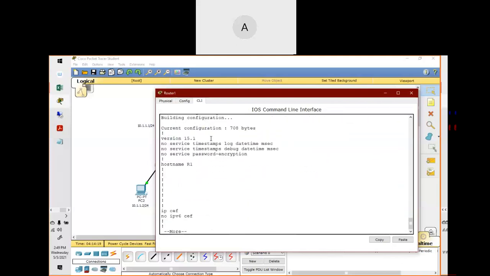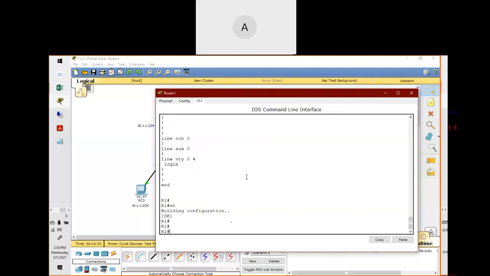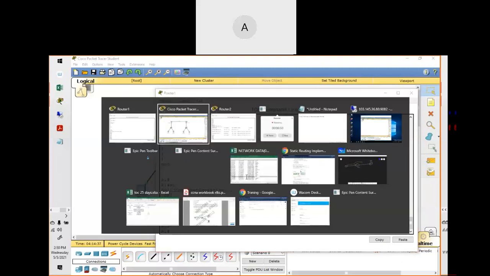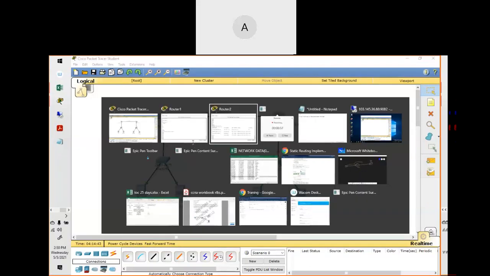Let me show you the configuration. So this is the configuration that I did on your gig 0/1 interface. I am using 10.1.1.1 as a gateway, this IP address. Save. Next, you can see here the interface goes green. Now it starts working.